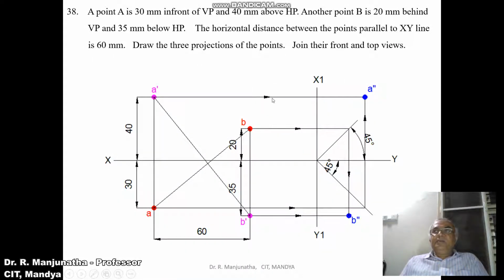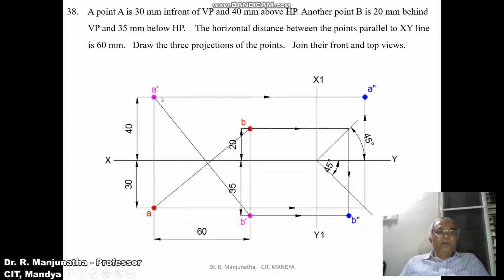And three projections. Since we need to draw the three projections, we have the front view of the point A and the top view of the point A. To this, we need to add the third view, which is the profile view. So you take any convenient distance from the projector B and draw one more vertical line and mark it as X1 and Y1. In the profile view, we will see the distances of the front view as well as the top view. Where we have the front view, on that line, you will get the side view.